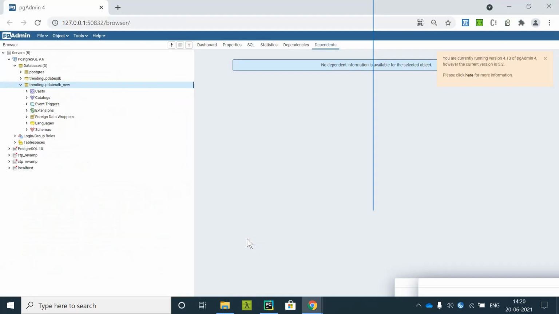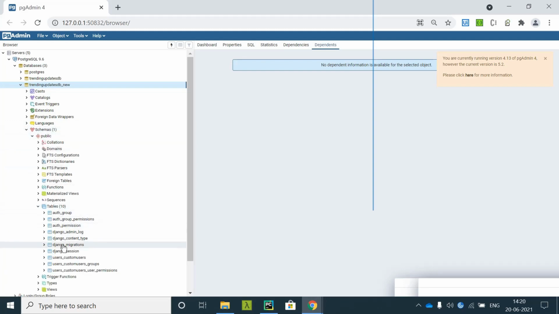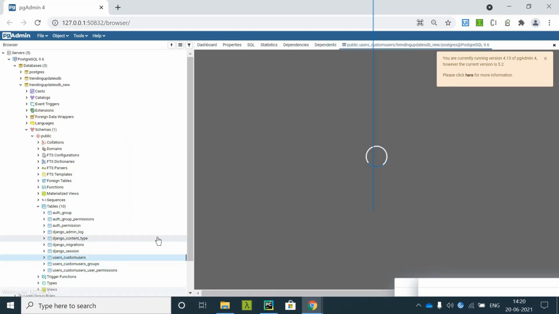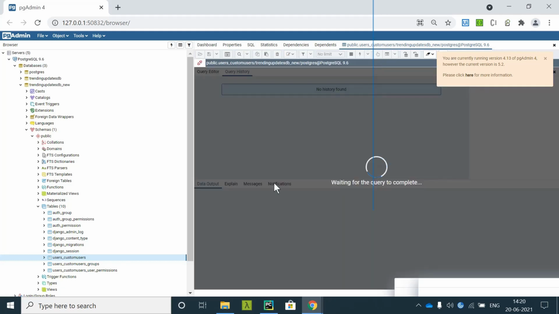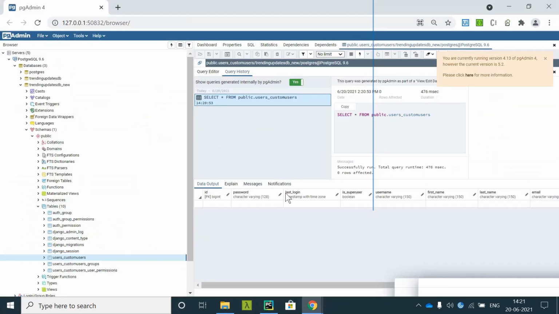Once the migration is complete, you can come here and see under the schemas, under the tables, you have so many tables created. But you can see there is the users custom user table, and when you try to view what data is present over here, there is nothing in it as of now, because createsuperuser is not yet done.